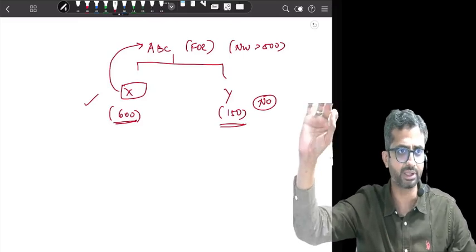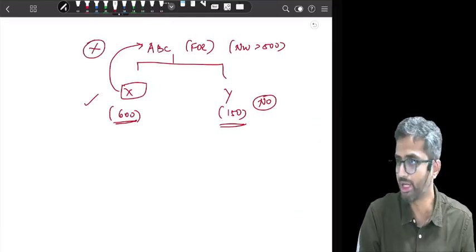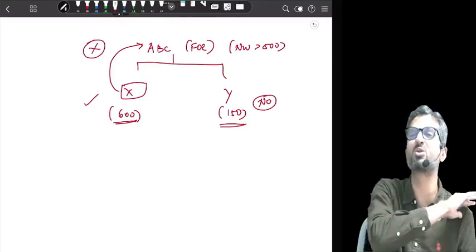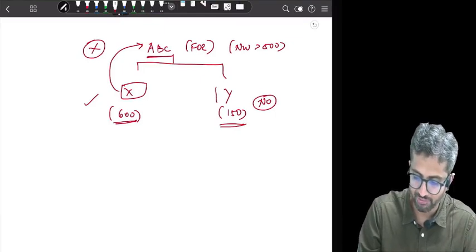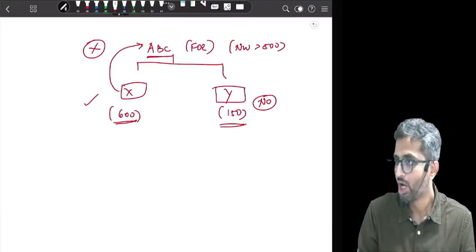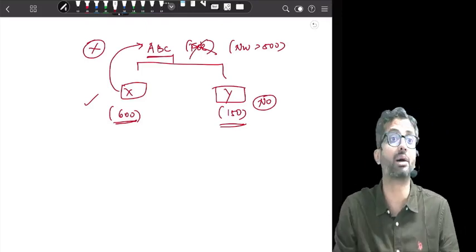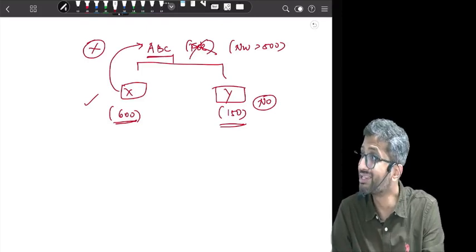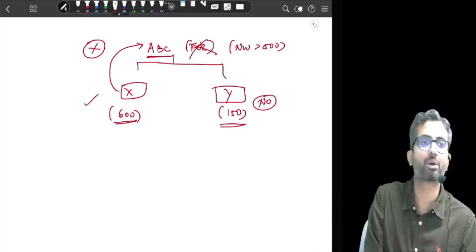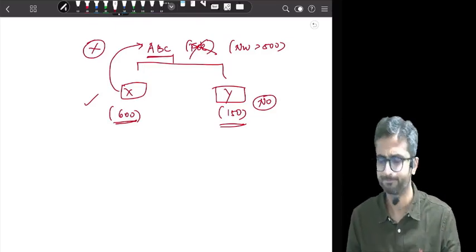Are we clear with this? So will ABC follow Ind AS? No. ABC will not follow Ind AS. Irrespective of that, ABC following Ind AS or not, will Y have to follow Ind AS? No. Acha, what if ABC was not a foreign company? What if ABC was an Indian company? Then will it follow? Yes. But still, will Y be required to follow Ind AS? I think we are clear about it.